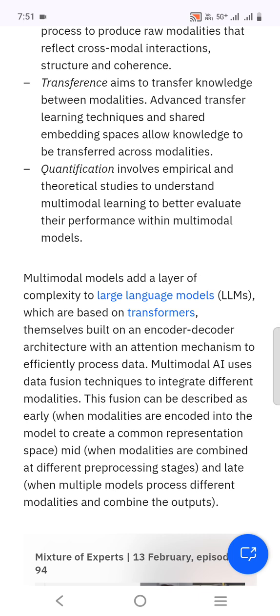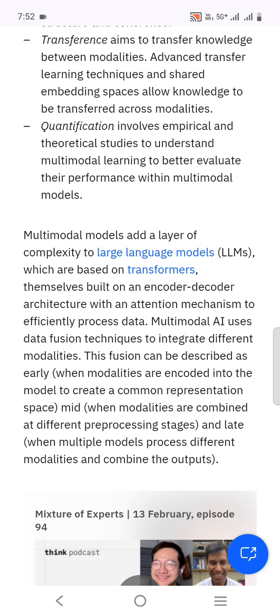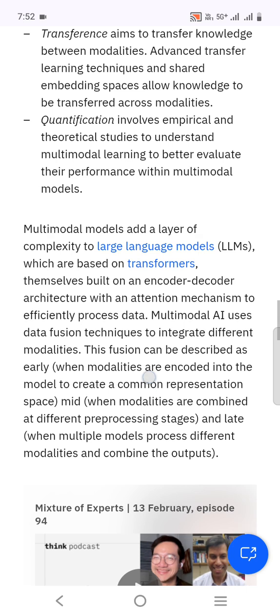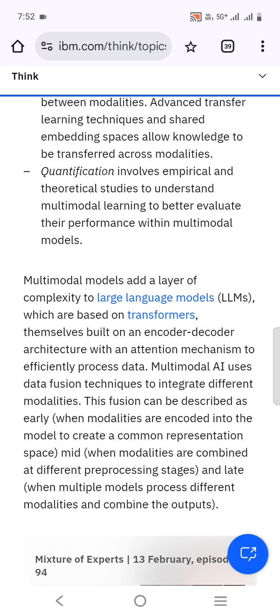Multimodal models add a layer of complexity to large language models, which are based on transformers, themselves built on an encoder architecture with an attention mechanism to efficiently process data. Multimodal AI uses data fusion techniques to integrate different modalities.